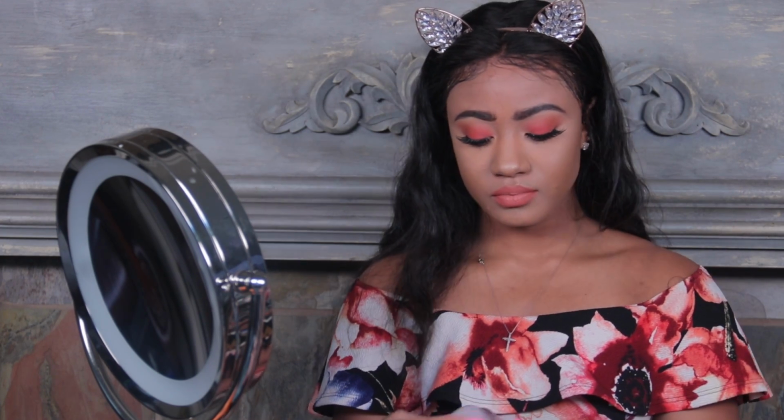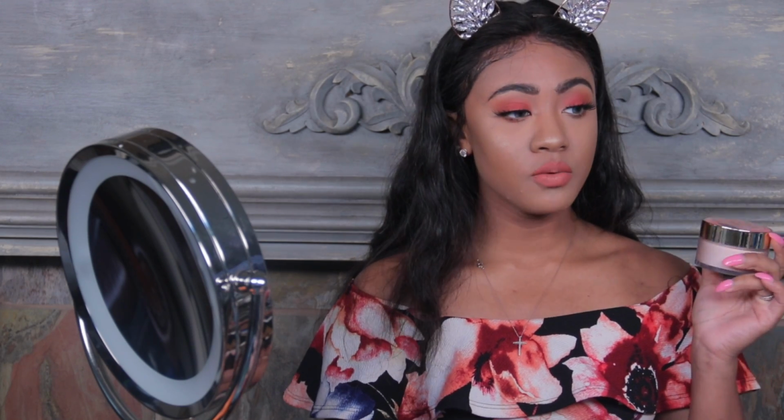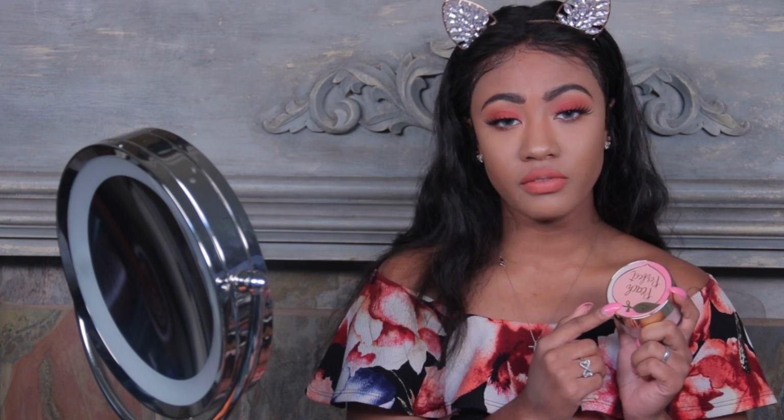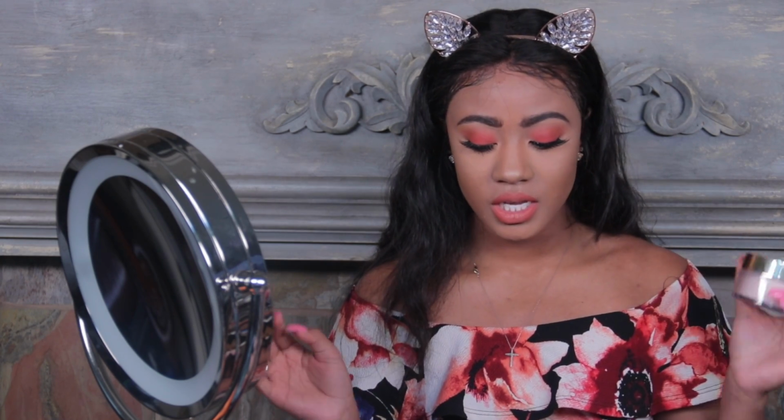And the Peach Perfect mattifying loose powder was pretty nice. I don't know, I'm kind of stuck on my Laura Mercier, and now I really like the Kat Von D setting powder. I'm not sure if this would give me any flashback, so I have to do a flashback test on this powder. But other than that, I really like the whole entire collection besides the foundation and the foundation